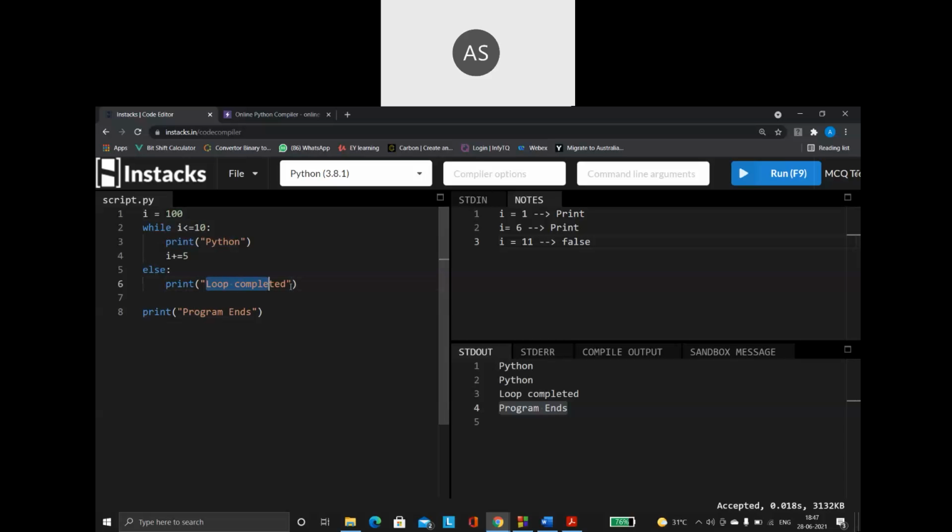It will just say loop completed and then go to the next line following this, so it will say program ends. Let us check it. Run this. See, because the starting condition itself is false, it automatically goes to the else part. Superb. So this is how my while loop with the else condition works.